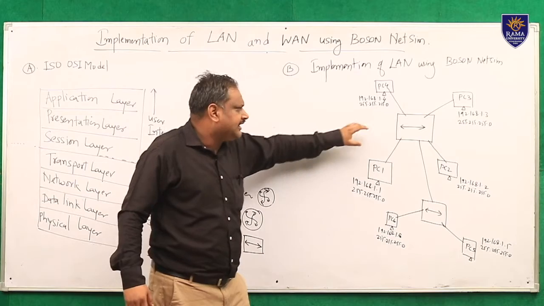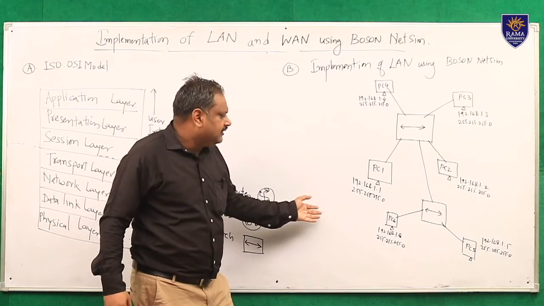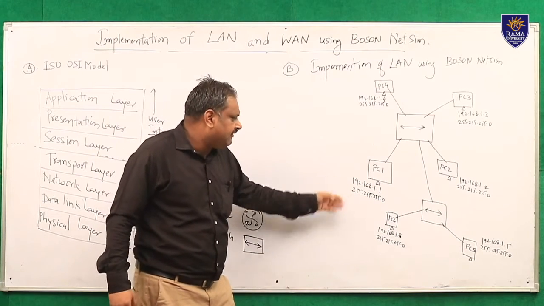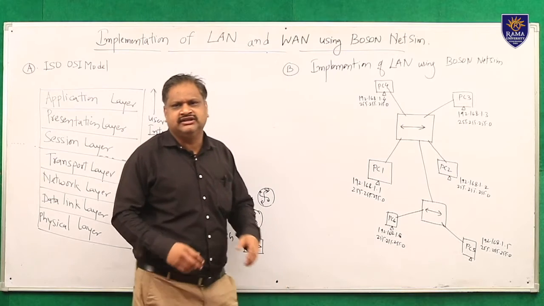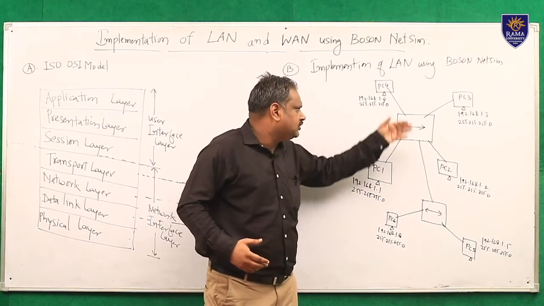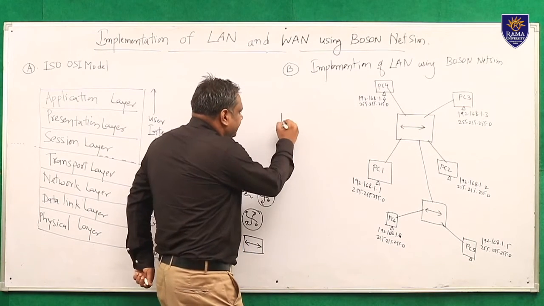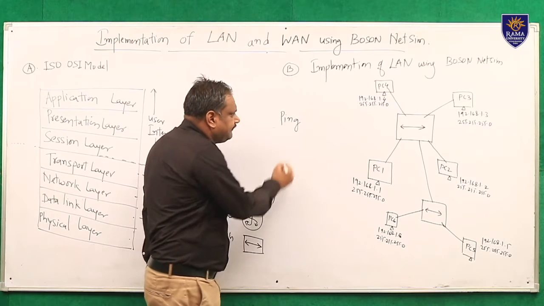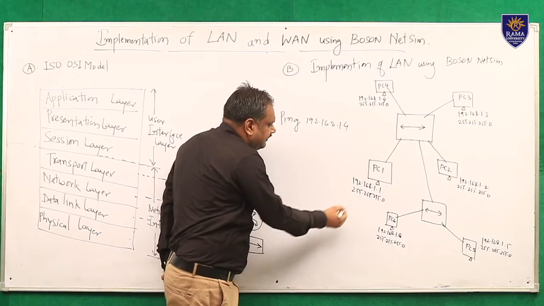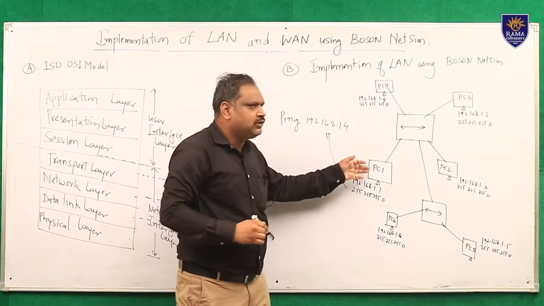PC 1 to PC 4 are connected to switch 1, whereas PC 5 and 6 are connected to switch 2. When I want to assign the IP address, I have assigned 192.168.1.1, which is from class C, for machine 1, machine 2, machine 3, machine 4. Then if I want to check the connectivity, I use the ping command, ping 192.168.1.4. When pinging here, I am getting a reply, which indicates that machine 1 and machine 4